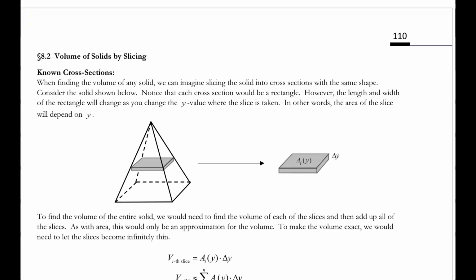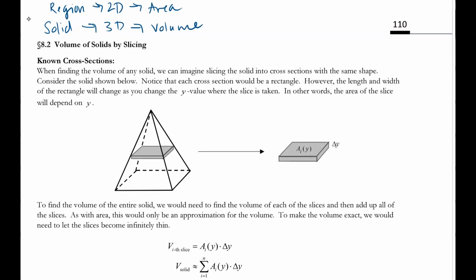All right, so in this final section for our final topic, we're going to talk about finding volumes of solids by slicing. So in our last lesson, we talked about finding the area of a region. When we talk about a region, that is two-dimensional, and we can therefore find its area. When we refer to a solid, we're talking about something that is three-dimensional, 3D, and we can therefore find its volume. So if you look at this rectangular pyramid, if you can imagine slicing it in such a